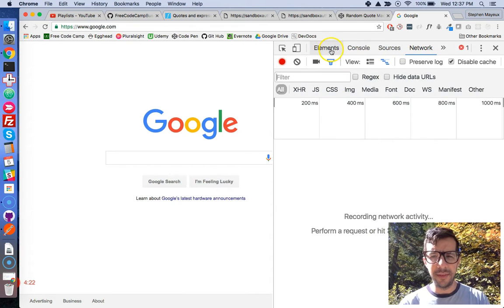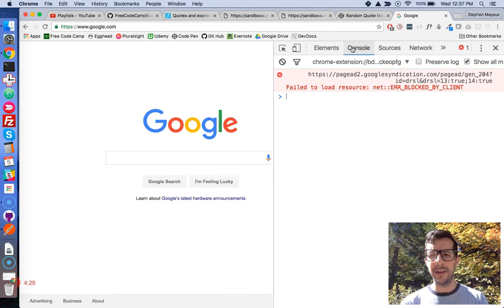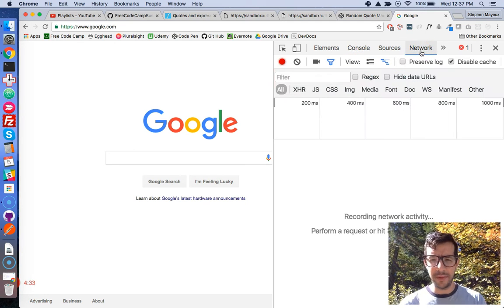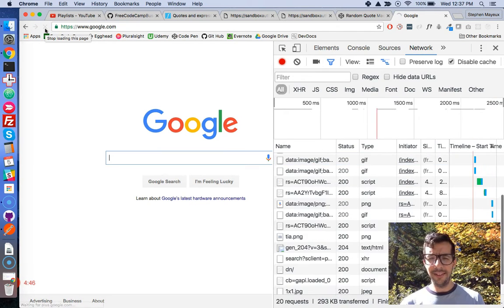First of all, you can look at the elements, all of the DOM elements that are on the page. This is your JavaScript console, but what I'm really interested in is the network. We're going to see all of the different types of requests that my computer is making whenever I go to google.com. So I'm going to refresh the page, and look at that.